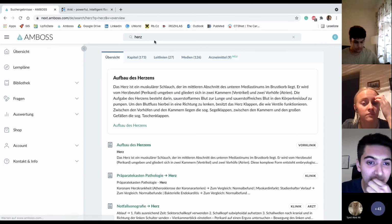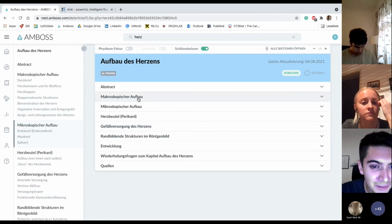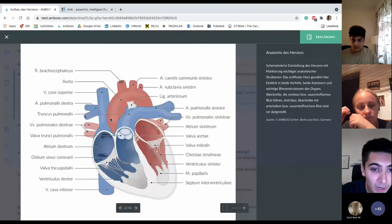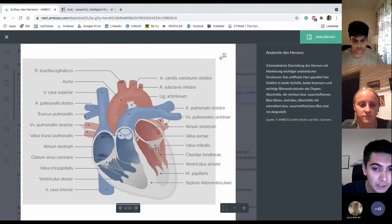Sorry, this is German. This is the German Amboss. You can use basically anything. And I want to show you now why it is so good for anatomy. Because if you just take a screenshot here,